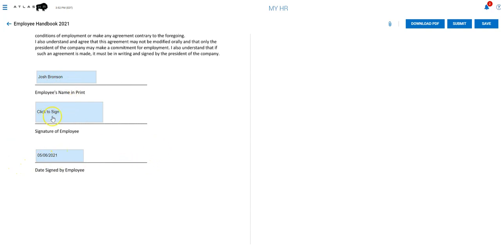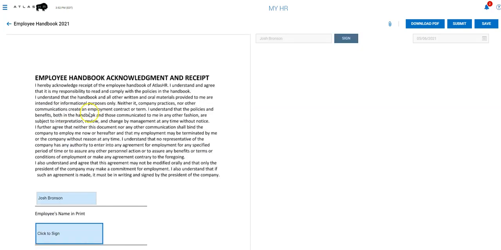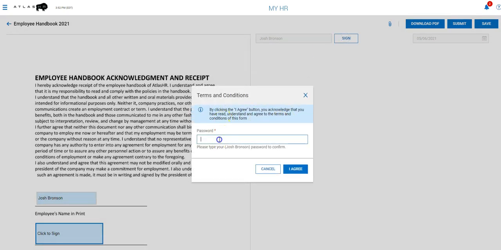Then you will click the button here, click to sign, and it will take you up to a button up here on the right, which can be a little confusing at first. Since on the left we're really looking at a preview of the form, the actual fill-in fields are up here on the right. So I'll click sign, and then I will type in my password, my system password, to sign